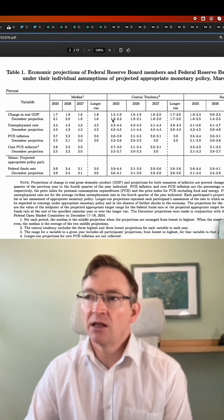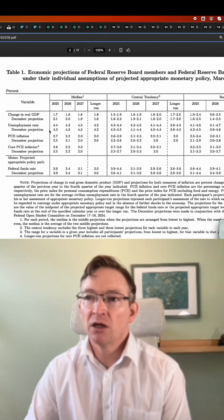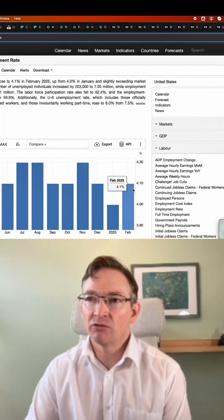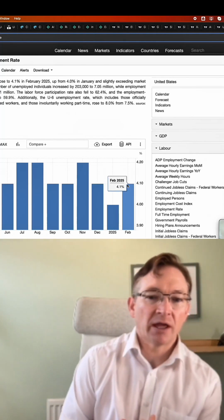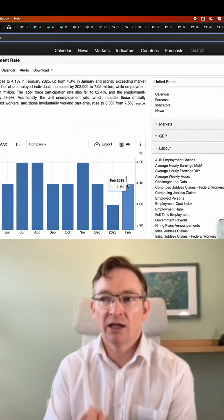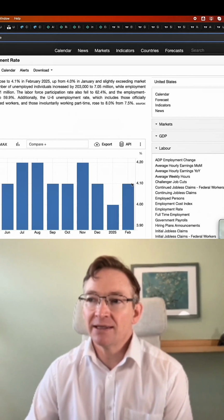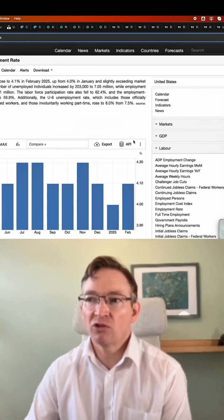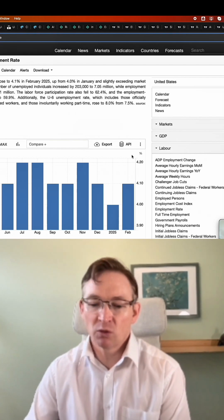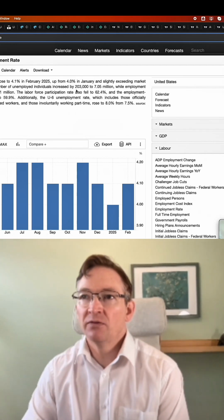Now, in the Fed's last interest rate meeting in March, they're projecting the unemployment rate to tick up to 4.4. You can see it's currently, the last reading was at 4.1%. So in order to get the Fed worried that they're going to have to cut interest rates to prop up a weak jobs market, here's what we need. We're going to need to see this surprise markets above markets' maximum expectations, up towards that 4.4% that the Fed